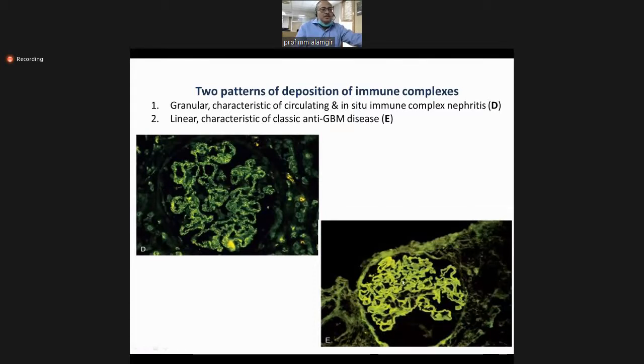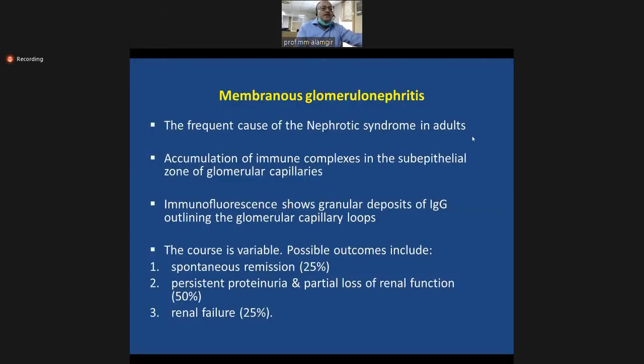And here we have anti-GBM disease, anti-glomerular basement membrane disease, in which we have linear ribbon-like deposition of antigen antibody complexes. Okay, so there is a difference between the interpretation of these two. In the scenario we discussed, case 1, we had a granular pattern of immunofluorescence. That granular pattern was because of subepithelial deposition of antigen antibody complexes, which happens to occur in a special category of glomerulonephritis, which is referred to as membranous glomerulonephritis. So this is the membranous glomerulonephritis which resulted in nephrotic syndrome in case 1.